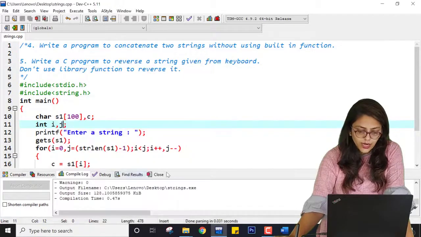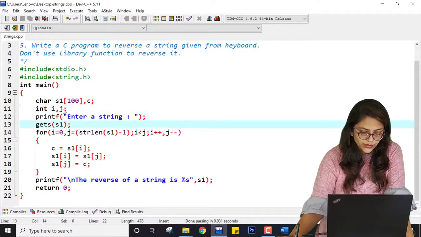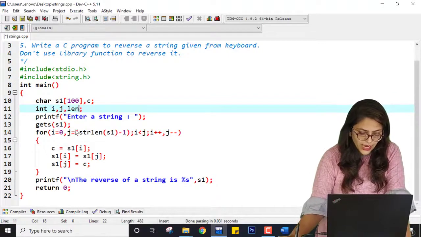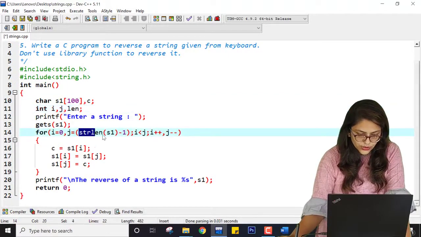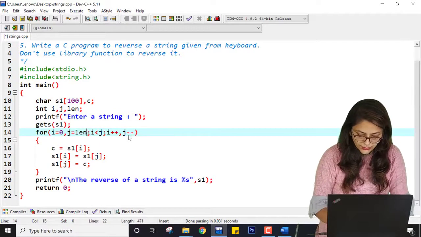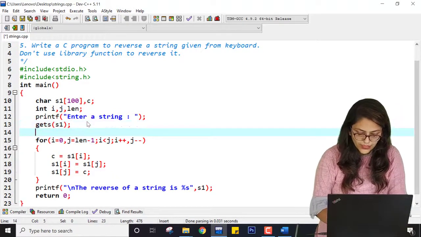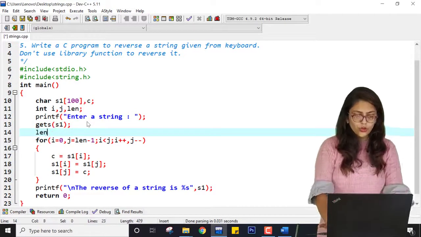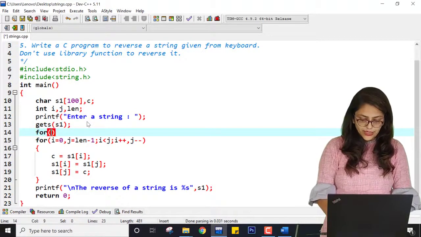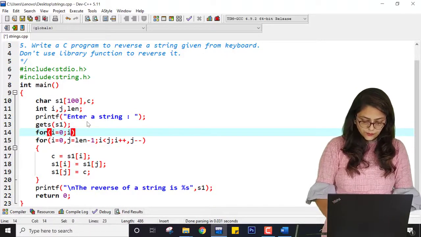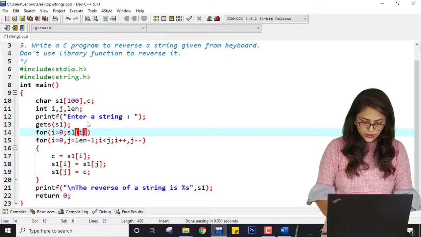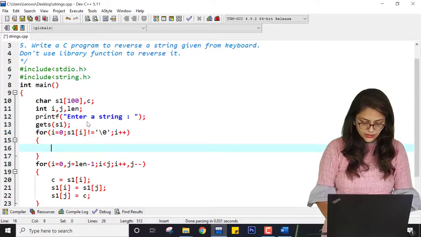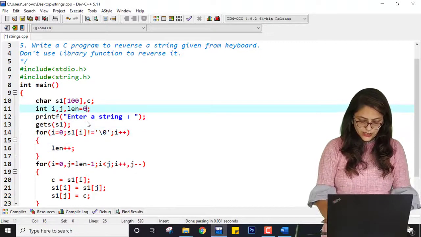So either you can write strlen, or you can do one thing: write a variable len, and here instead of using this, use len minus 1, that is length minus 1. And what will be len? You can find it without using a string function: write I equal to 0, while S1 of I is not equal to null, I plus plus, and then here do len plus plus, and initialize it as 0.